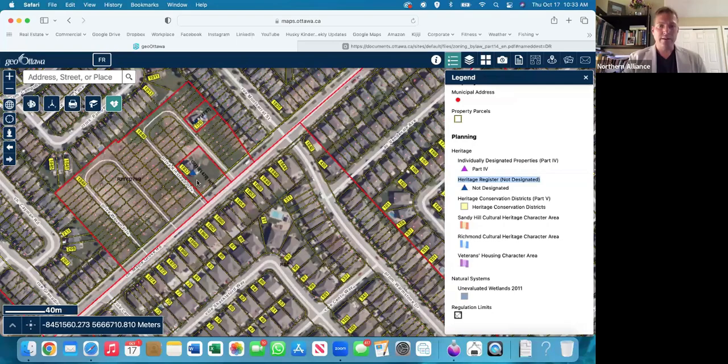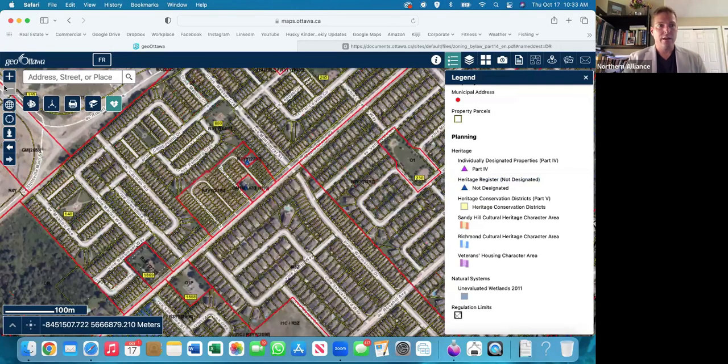So that gives us some information about the heritage component of certain properties. There's all sorts of different heritage districts that can be located on this system, and very valuable to have this information and understand it. If you're into agriculture, there's something here that you see called LEAR, and